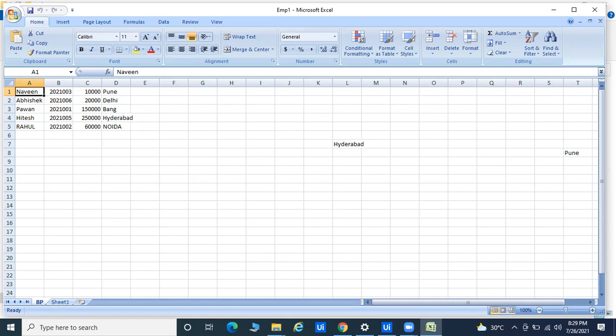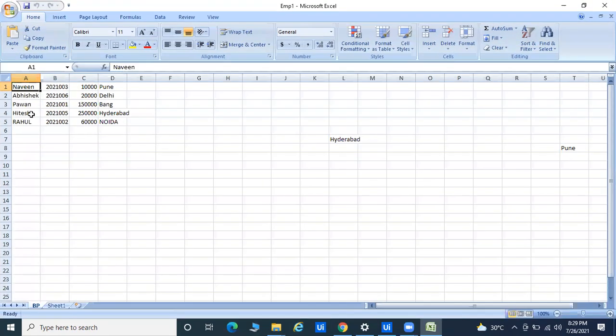But if you want to take a particular cell, like I want to take Rahul, or Noida, or this 15,000 or 1.5 lakhs, how can you count? This is A, 1, 2, 3, 4, 5. If you want to take Rahul, you pass A and 5. If you want to take this Noida, you can pass D and 5. And if you paste here multiple times, that's why I'm getting Hyderabad, so you can pass L and 7. Right now again I'll try to show you this part.